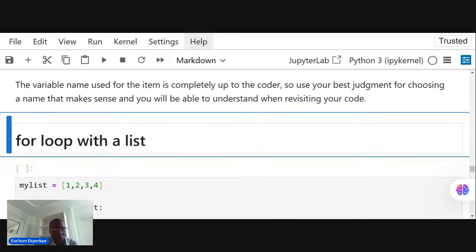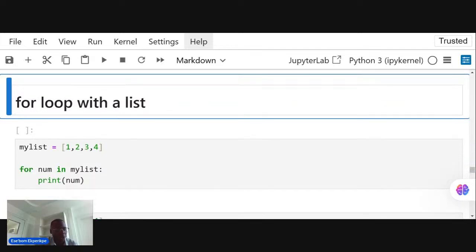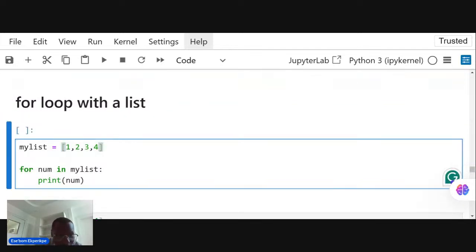So let's look at a for loop with a list. How do we iterate over a list? We have a list here, which is called my list. I showed you how to declare a list the last time. So for those of you that were not in class the last time,